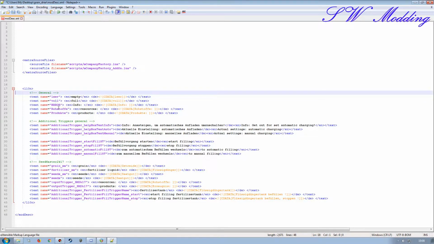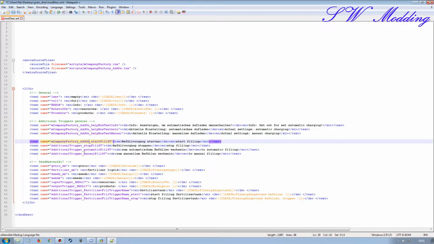So the Learval, Error, Rostov and Product, that's all based around Fabric and mCompany, so I'm going to keep all of that stuff. But the additional trigger stuff here, because of the way the script is going to look for stuff, this needs to be adjusted to work with the mCompany factory add-on. So what we need to do is take the name from there and overwrite all of the additional trigger information here with mCompany factory add-on, so the script knows what the correct parts is going to look for in the translations here, and then give us our appropriate information. So I'm going to override all of these like so,